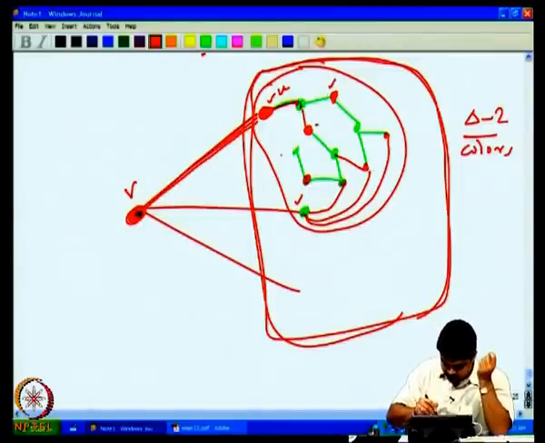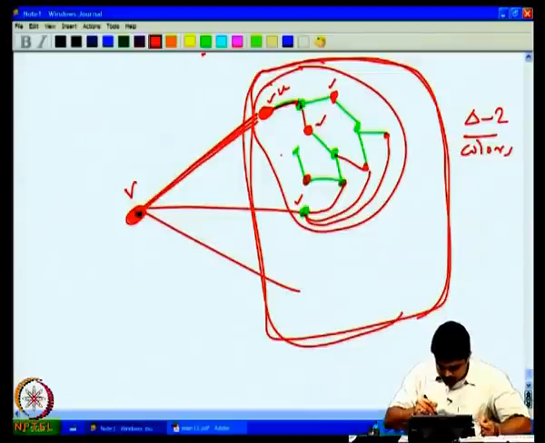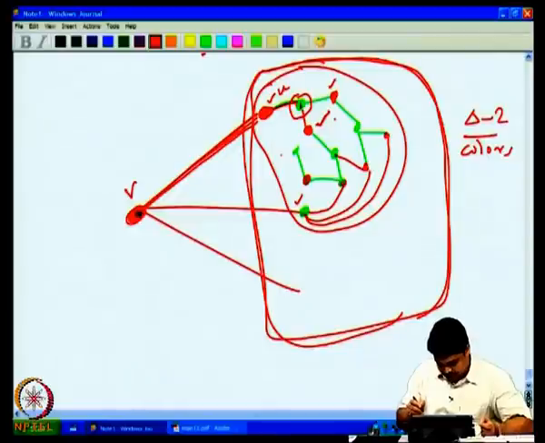So this is already a red neighbor and there are two more red neighbors. So out of the delta neighbors this has, 3 of them are red, which means only delta minus 2